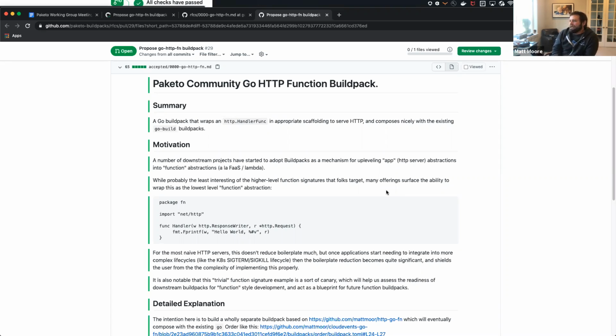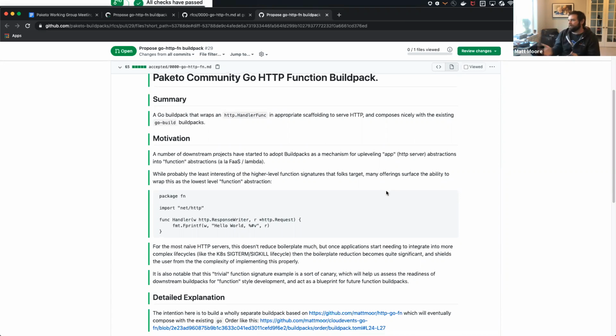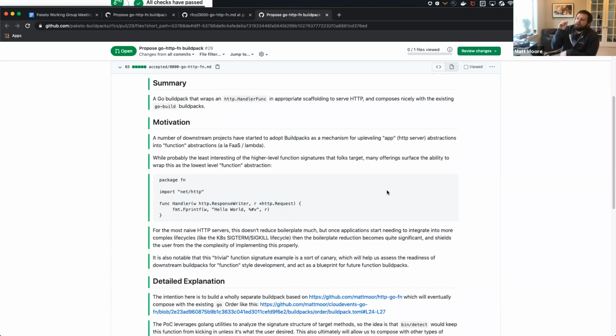So the idea was to start chipping away, not boiling the ocean by creating a whole function framework for arbitrary signatures, but starting with the simplest signature that everyone seems to be doing, in the context of Go, as a canary going into the coal mine, so to speak, to see what it would look like to have a function buildpack that contributed the wrapping around